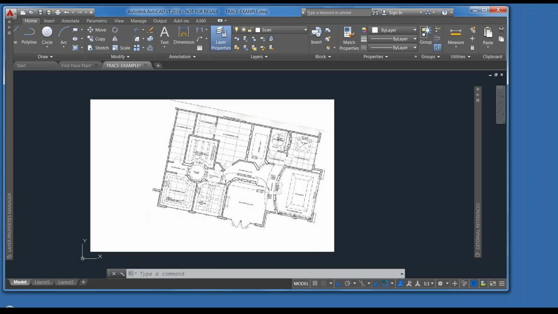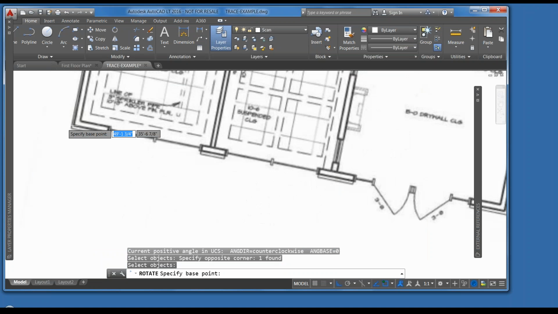So I have this scan, but it's not exactly what I need. I want to trace over this, start an as-built drawing, but I sure don't want to work at this angle. So just quickly, what you can do with these image files that come in cockeyed or at the wrong scale is you can adjust external references very easily with just a few simple commands. So I want to rotate this. So I can just select the image, and I hit return, and I have to specify a base point. So how do I get this straight quickly? I'm going to pick this corner,